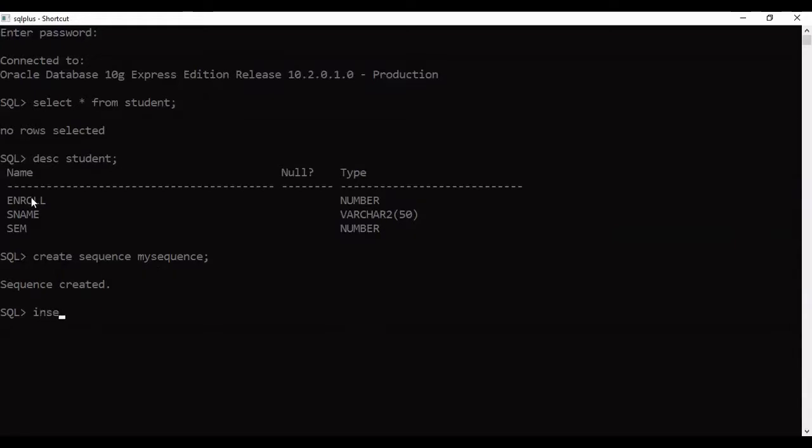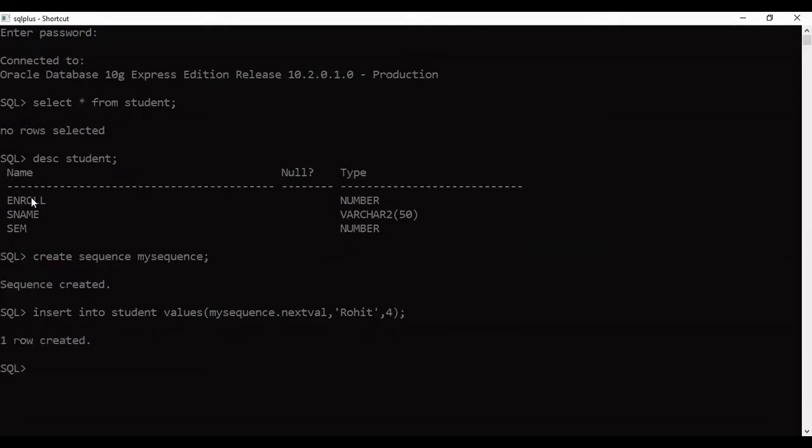I'm using insert into student values my sequence dot nextval, comma name, suppose that is Rohit, then semester 4.